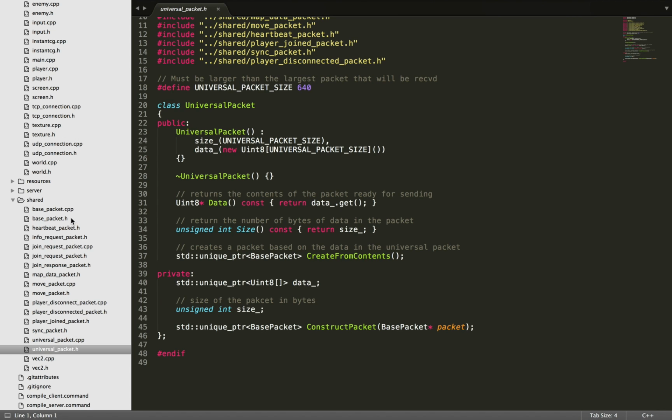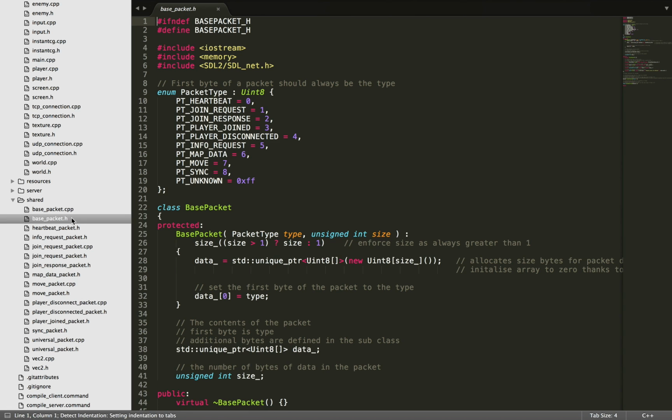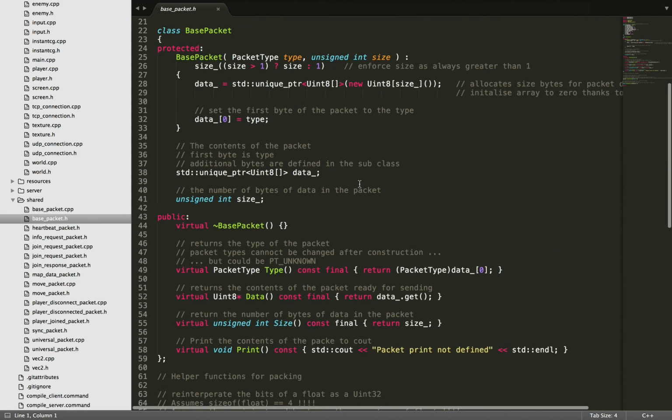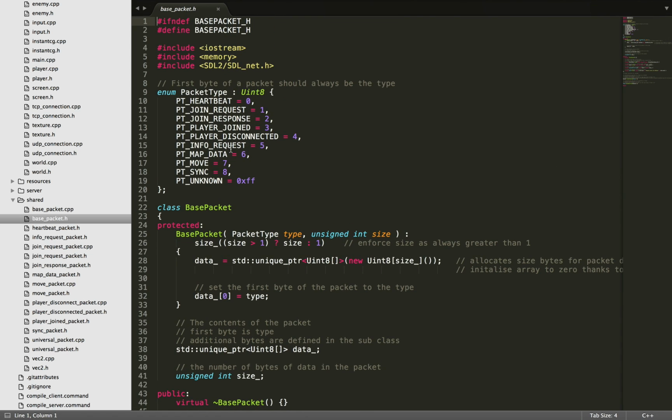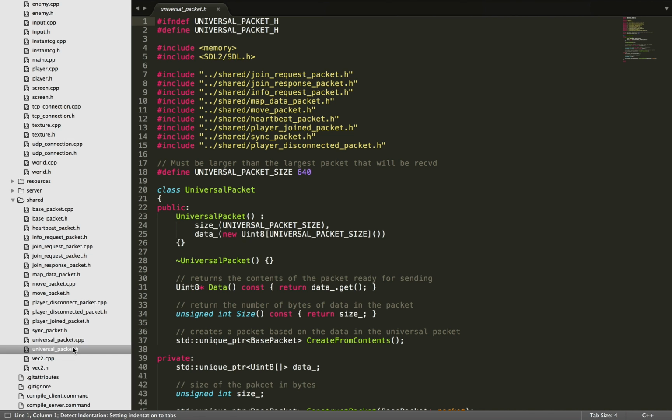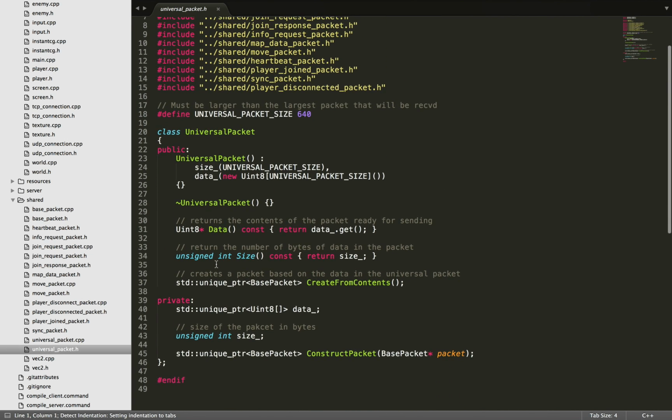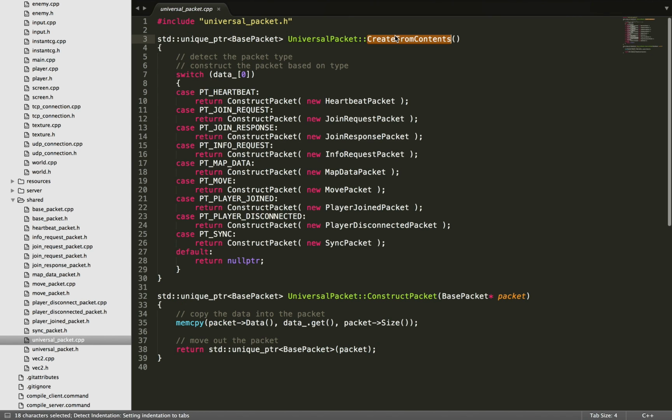So if we head over to the base packet, what I did was, the packets internally are just an array of bytes, and for every packet, the first byte is the packet type. And so we've got a uint8 enum. Everything after that is unique to each packet. But what would happen when the client or server received a packet? It would receive it into this universal packet, which was just a generic container. And then I would call this create from contents function